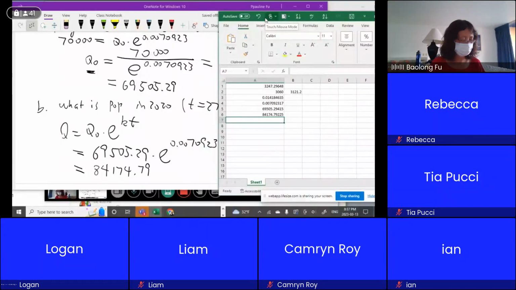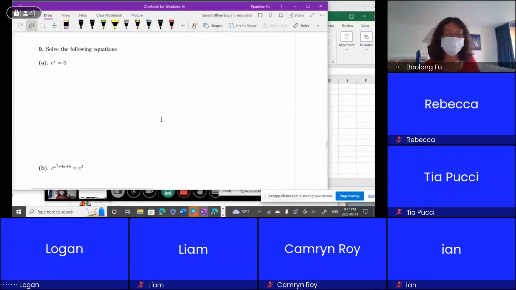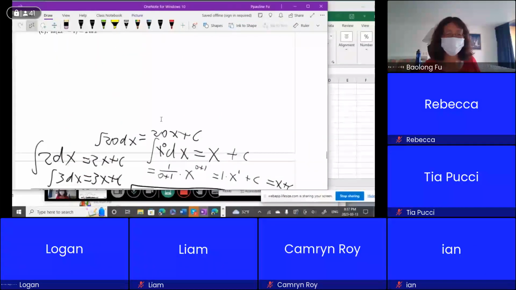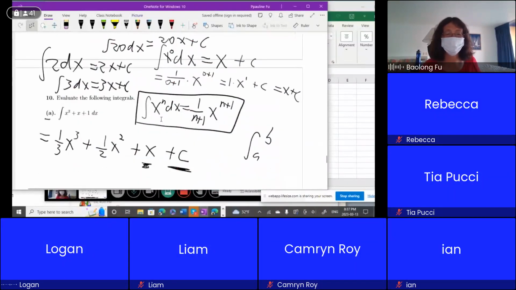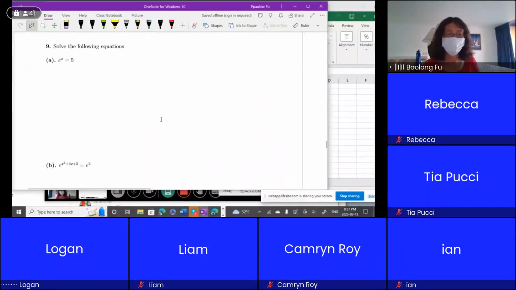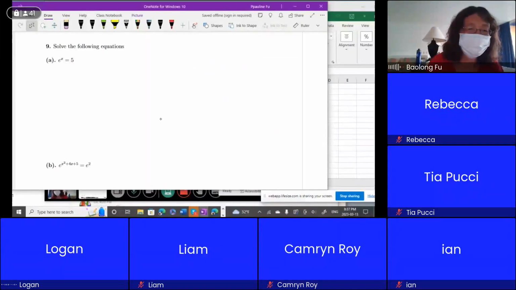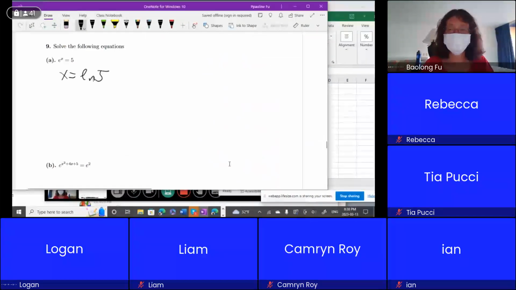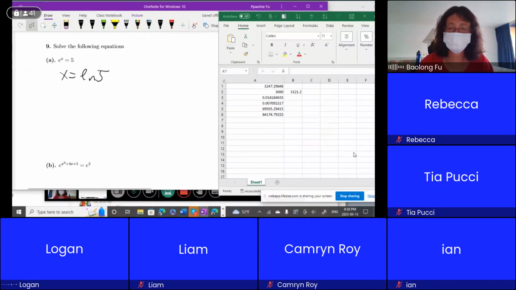Question 8. Okay. Last question, we're done. Question 9. Solve equations. We did question 10, right? We did question 10. So question 9 is our last question. Okay. So the fourth one. So x obviously equal to ln 5. And then what is ln 5? Excel equal ln bracket 5